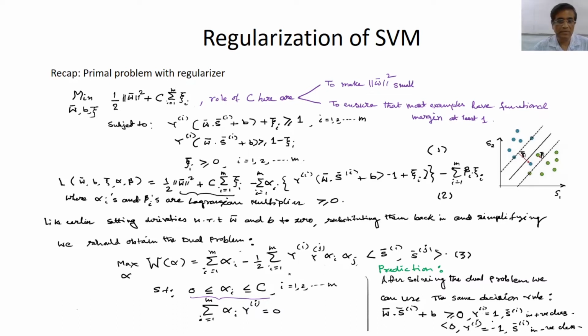Once alpha is known, the machine is trained. That means the parameters are known, that is w, b; those parameters are known, alpha is known. Then we can use that machine for prediction. For any new sample, plug it into that machine, and we will discuss that. If it is greater than or equal to 0, this is our decision rule, then the sample belongs to the positive class,